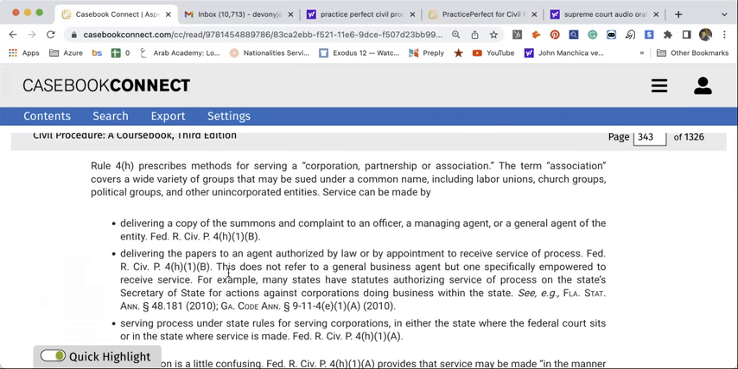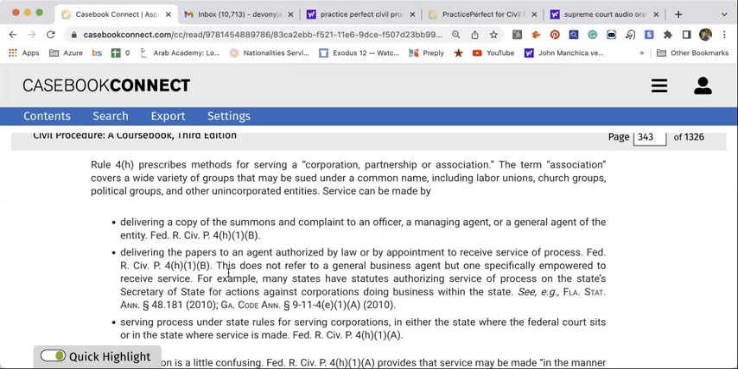Serving corporations and other entities under federal Rule 4. Rule 4(h) prescribes methods of serving a corporation, partnership, or association. The term association covers a wide variety of groups that may be sued under a common name, including labor unions, church groups, political groups, and other unincorporated entities. Service can be made by: